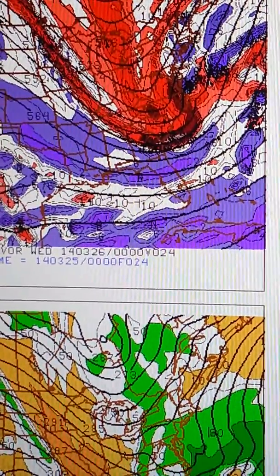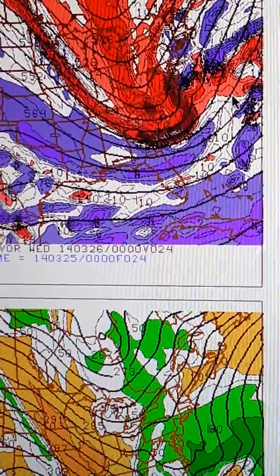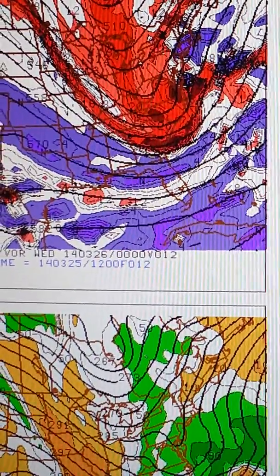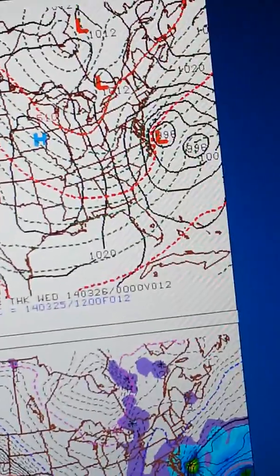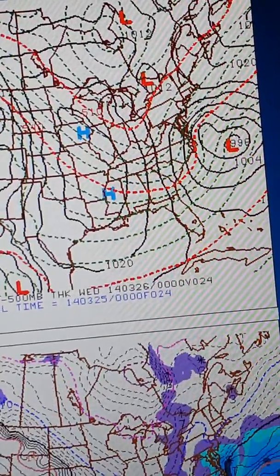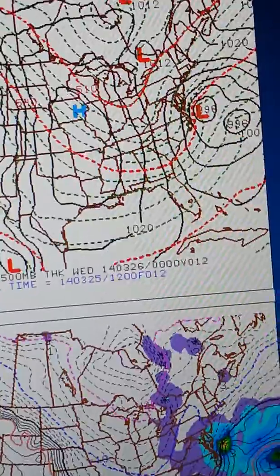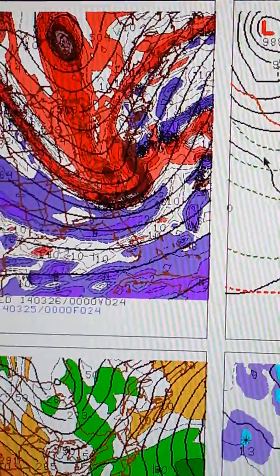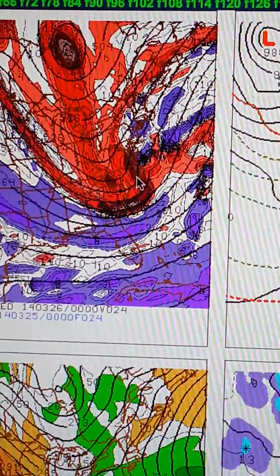There. This is where we were. So in the new run it's a little more connected. Old run it's not. And you can see, look at this, 2 areas of low pressure on this one. Here, 1 area of low pressure. 2, 1. So what this is telling me is that this trough is actually combining a little bit